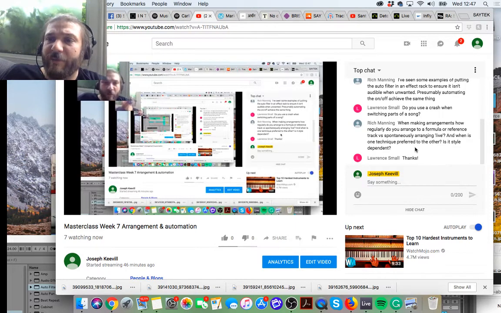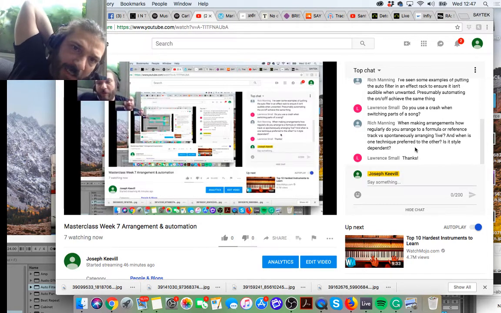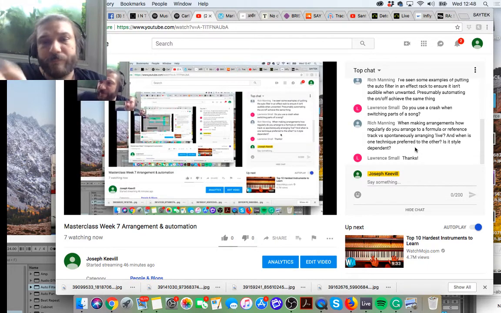because a lot of people have Ableton and they've never actually messed around with session view, and they've never arranged anything that way because they're used to other DAWs. So yeah,